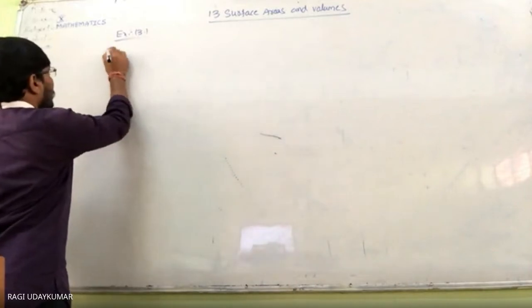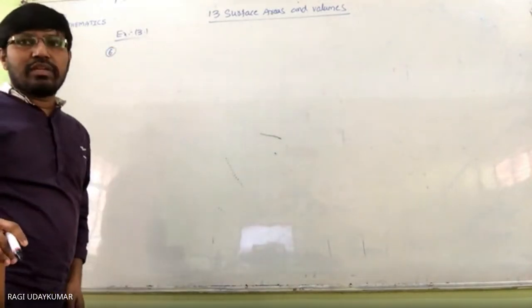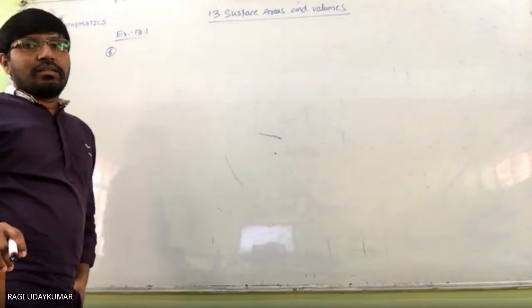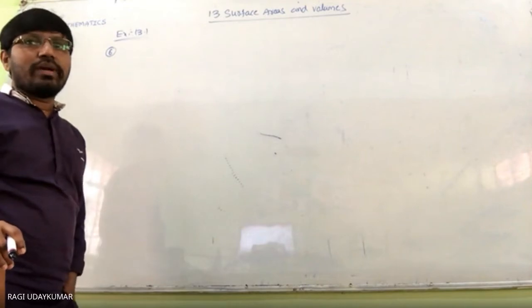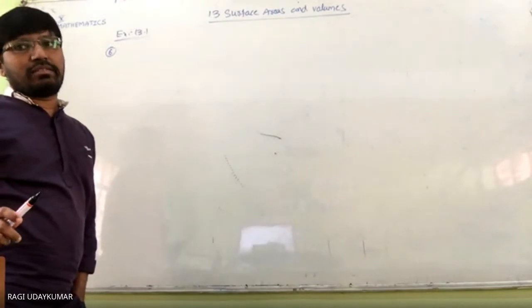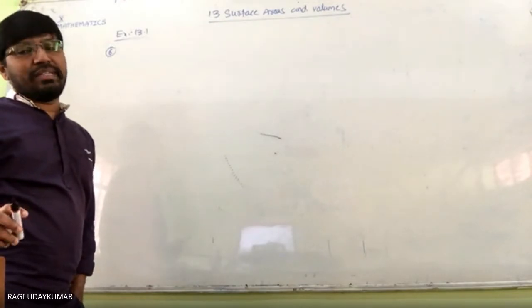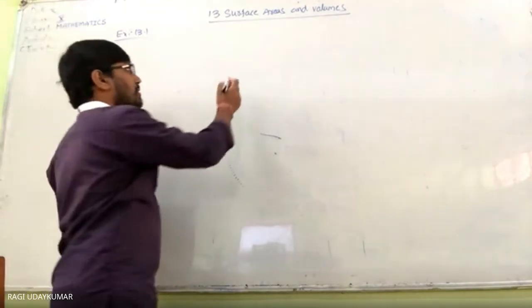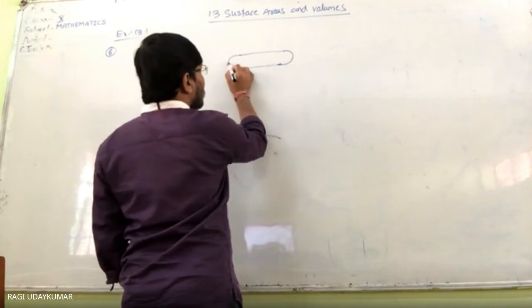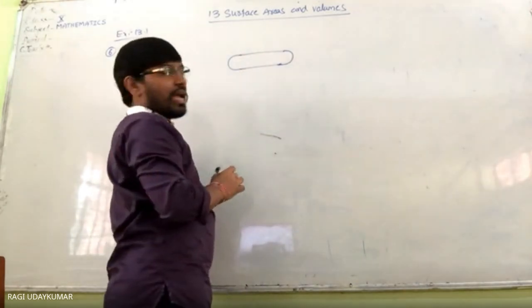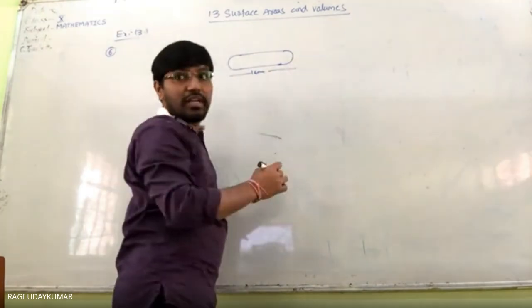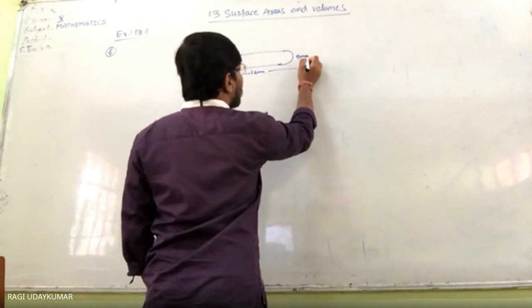Sixth one, capsule. A medicine capsule is in the shape of the cylinder with the two hemispheres stuck to each of the ends, and the total length of the capsule is 14 millimeters. The diameter of the capsule is 5 millimeters, and find its surface area. So like this, ये cylinder है, इधर hemispheres, two hemispheres are there. And total length is given to you 14 millimeters this capsule, and the diameter is given to you 5 millimeters.